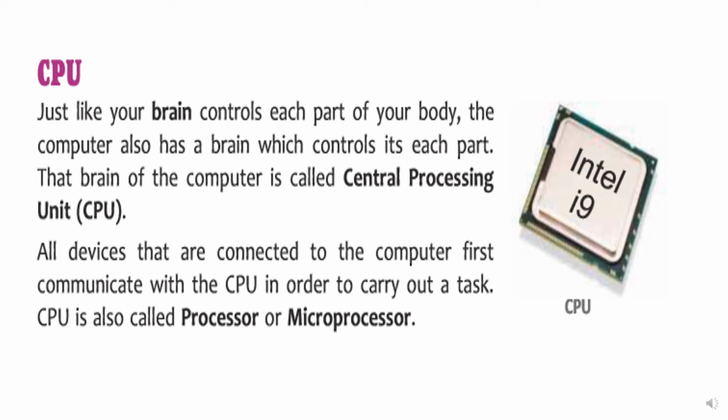Here you can see the actual CPU. Actually it is a chip which is known as brain of computer or CPU. CPU means central processing unit. CPU is the device which controls the computer as the brain controls the human body, same as the CPU controls the computer working. All the tasks first go to CPU and then the CPU decides which task to execute when. It is also called processor or microprocessor.